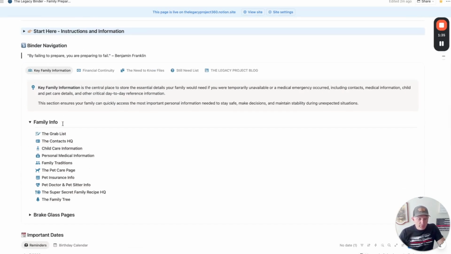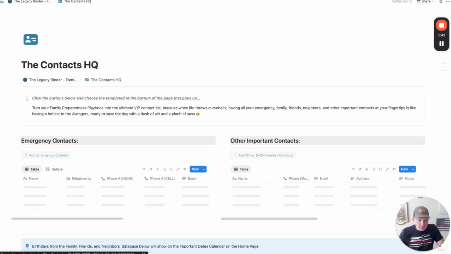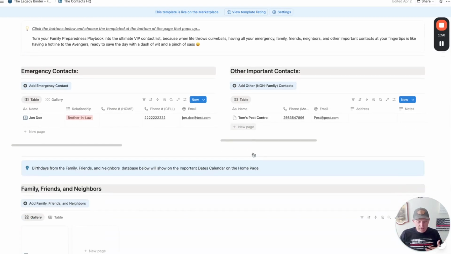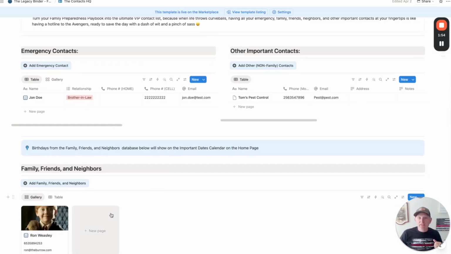All right, now this is basically your family info. This is everything about the people within your family. So all your contacts, right? We have this divided into a couple of different areas. We have emergency contacts. We have other important or out of area contacts, and then we have family, friends, and neighbors. As you can see, Ron Weasley is a friend of ours. So anyway, this is where you can put all your information in so that anybody can access it,